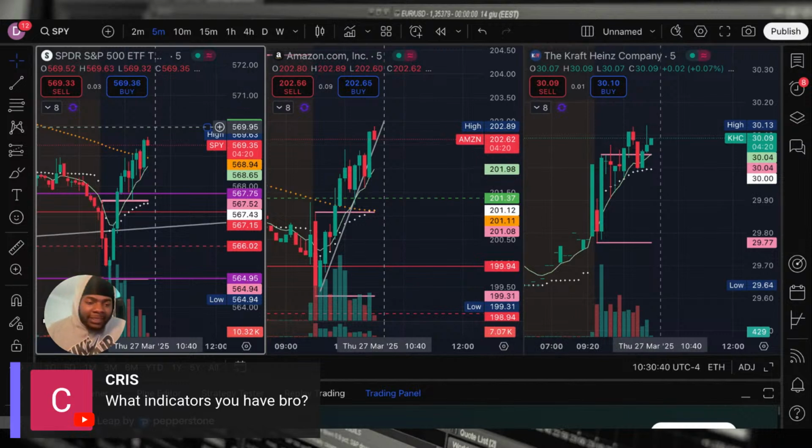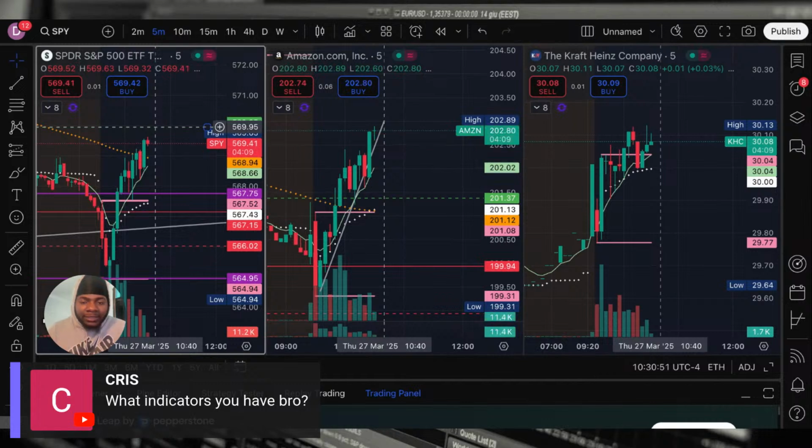Name of the game, man. Get in, get your money, get out. Get in, get your money, get out. Now, when I go back to using my normal size, shit, what I just hit, 20% right there. Me using the 1K size, I make $200-300 from just that one play. And that's just from me waking up and pressing a button on my computer.